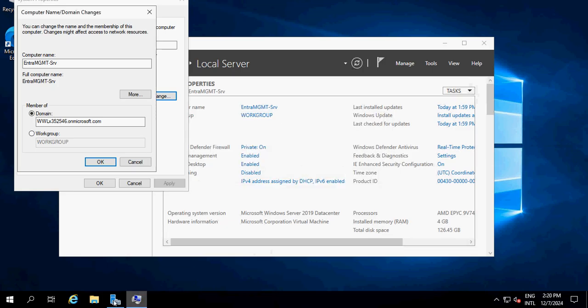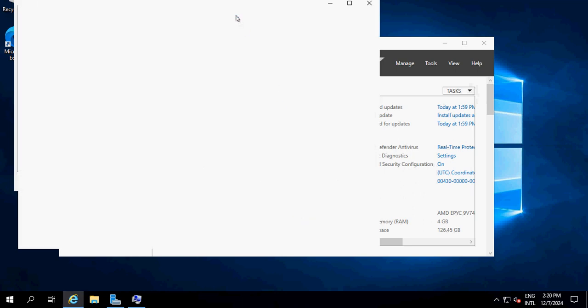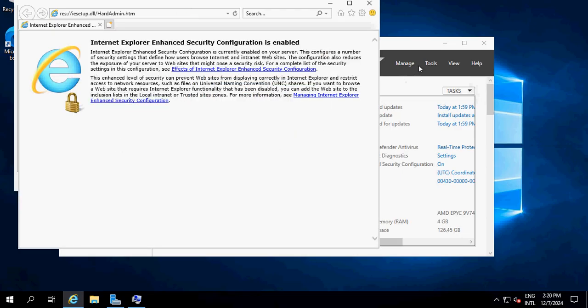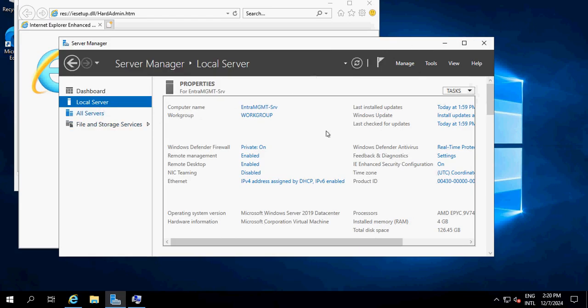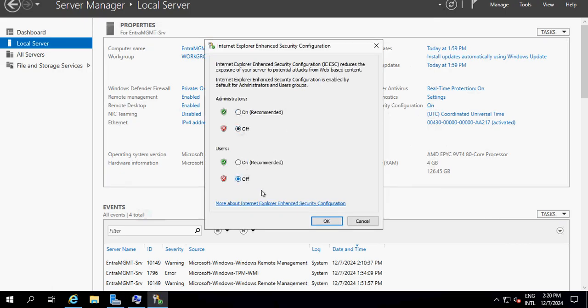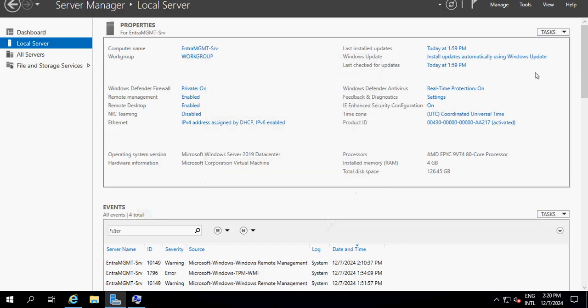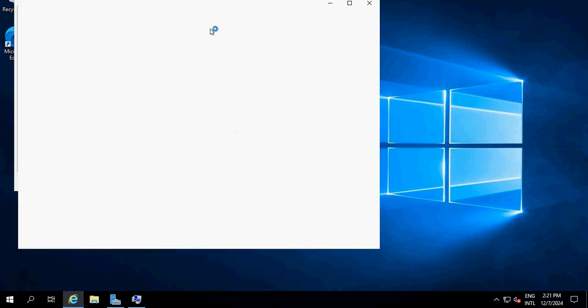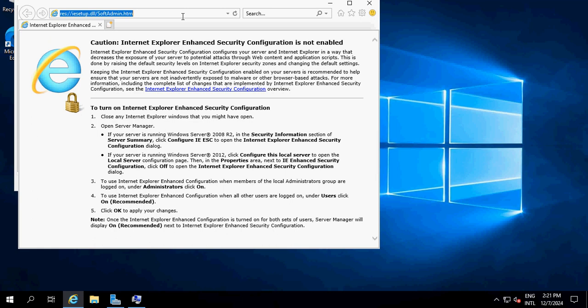Okay, let's do one thing. Go to this machine, log into, go to, disable this enhanced security configuration. Now open the browser one more time, log into